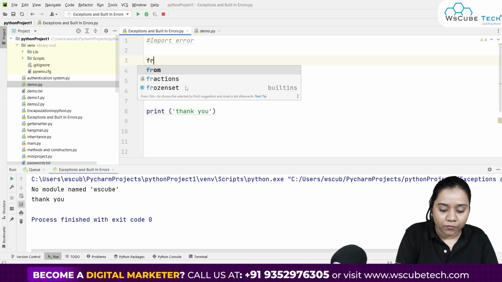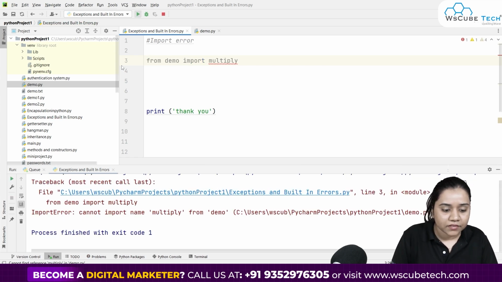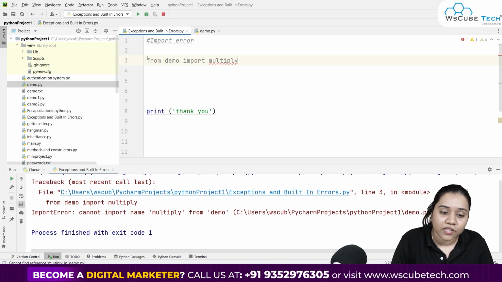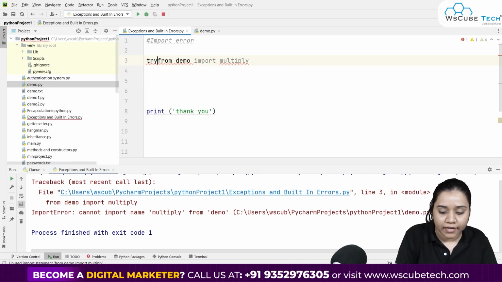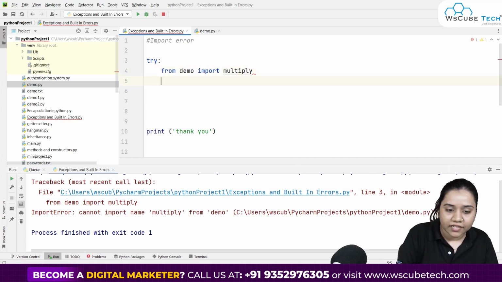So if I write from demo import multiply, right? Let's run and see what happens. It says import error, cannot import name multiply from demo. Why can it not import multiply from demo? Because it does not even exist over there. So again, what we will be doing, we will be writing our try over here. Inside it, I'll be passing this statement, and inside the except,